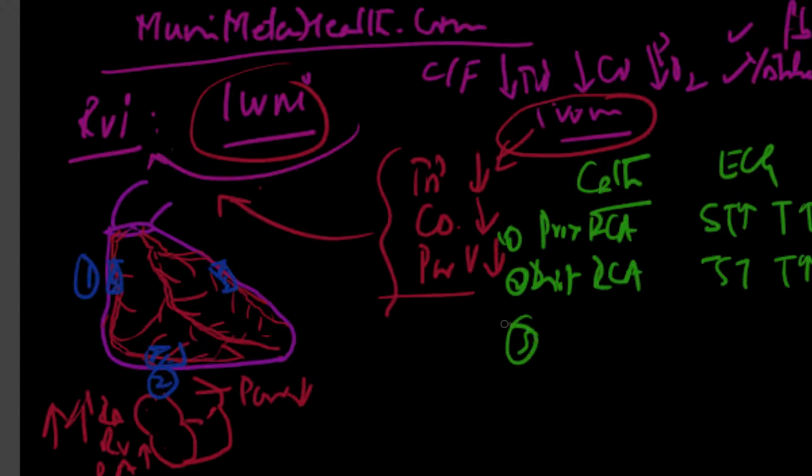And the third pattern, as I said, will be the circumflex, which is the third part, and that is the left circ, which has an obstruction, and that is leading to right ventricular infarct. You will see ST segments will be depressed and the T waves will be inverted. So it's a very distinctive pattern on an EKG, correlating with the cath findings based on an angiography that one performs.